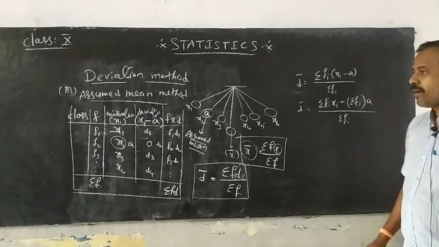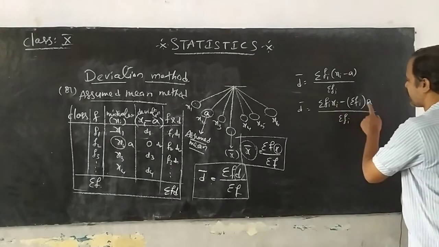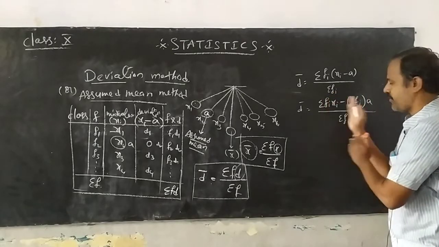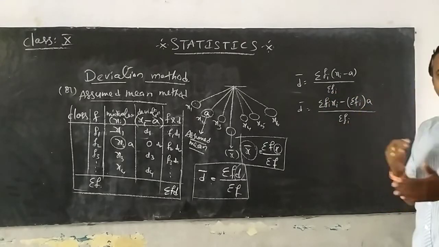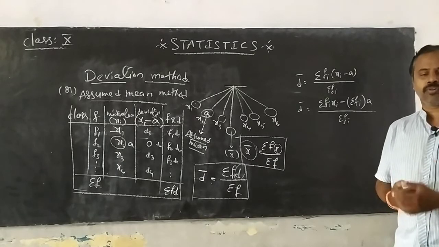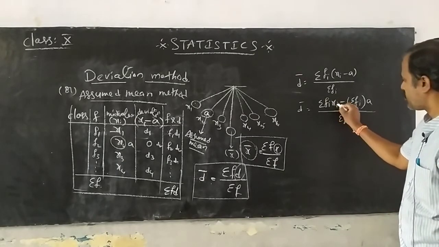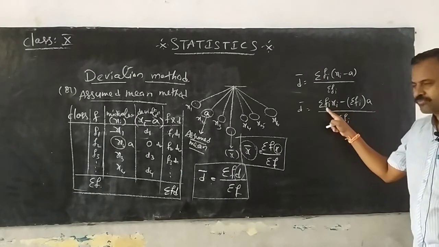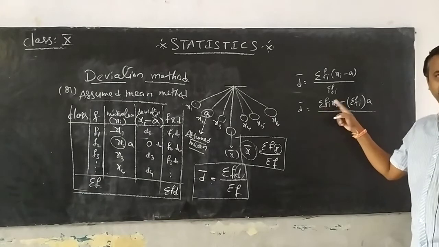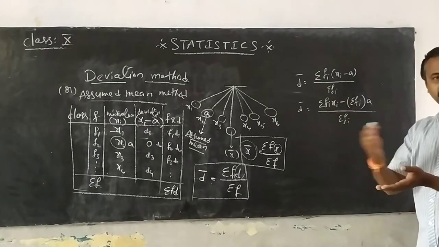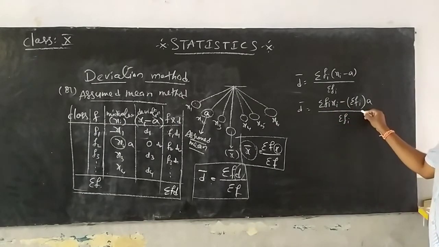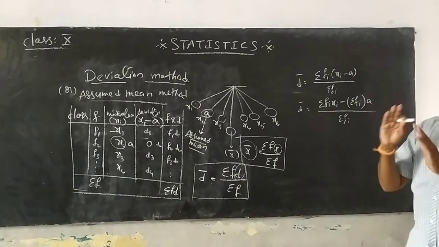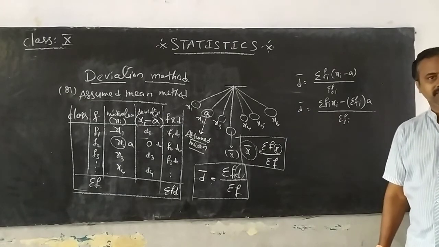Can you tell me why I didn't put a bracket here and why I put a bracket here? Here I didn't put any bracket, separation of fi and xi, but here separating a. Why did I put so? Very good. Here I have i in both of them. That means as f1 it becomes x1, as f2 it becomes x2, f3 x3, this will be changed. That means the product will be changing. But here there may be f1, f2, f3 and so on values, but a remains constant. You understand? Right, very good.